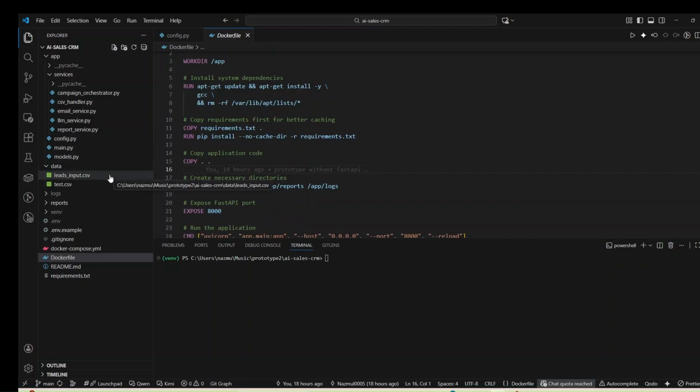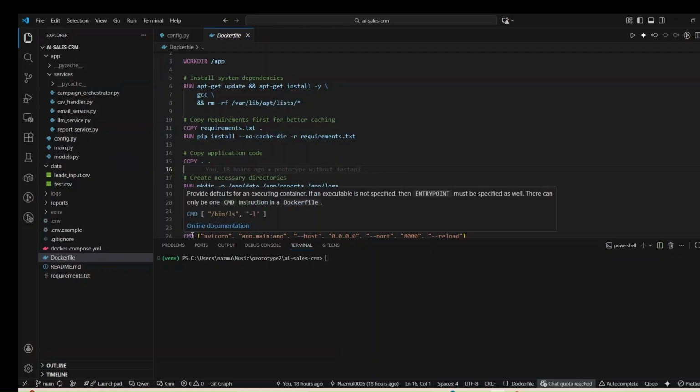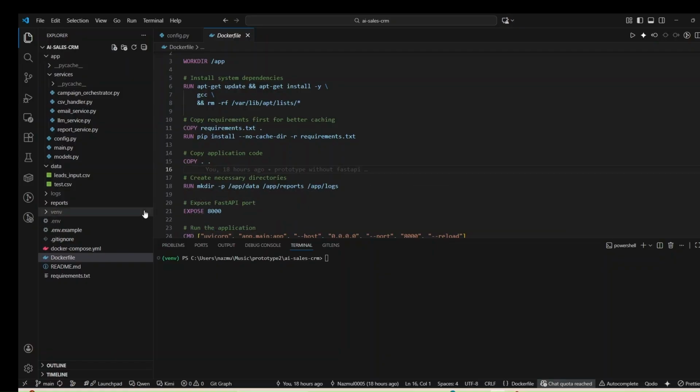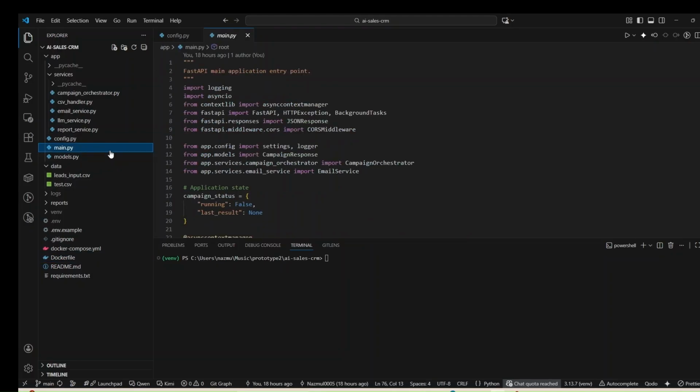First of all, a quick look at the tech stack. The entire system is containerized using Docker. As you can see, I created the Dockerfile and the Docker Compose YAML, where I containerize the full code base. Here we have the main three services. The core app is built with FastAPI, which handles the logic, and the FastAPI code is in main.py, where I write all the code to make the FastAPI endpoints.